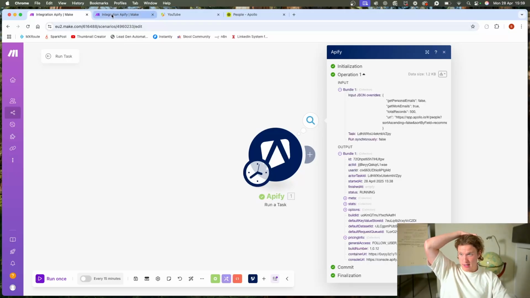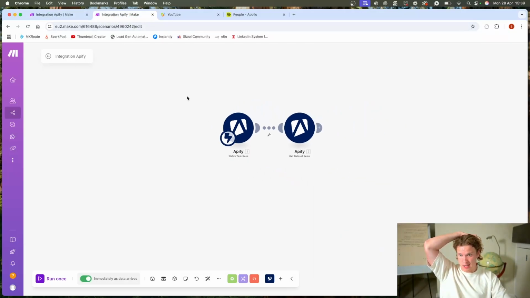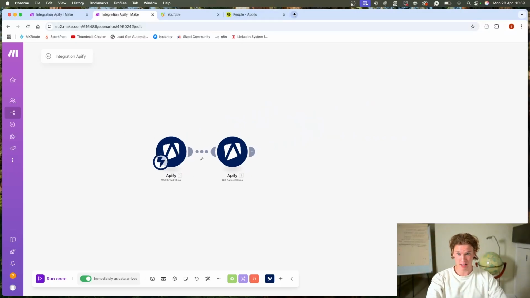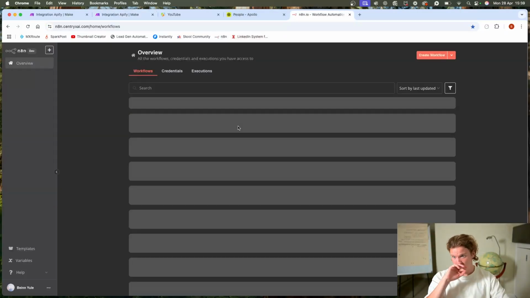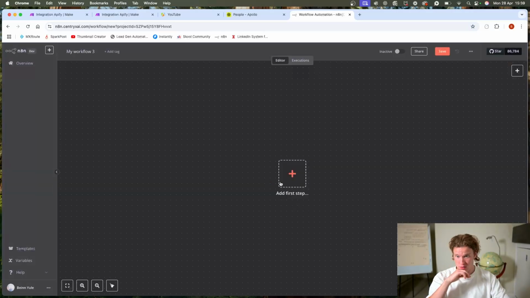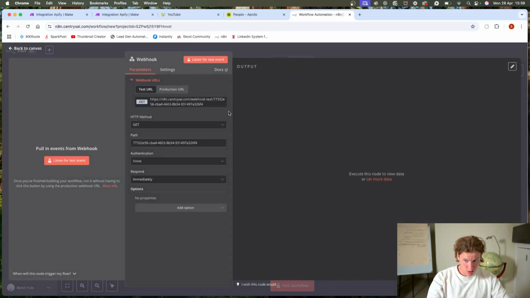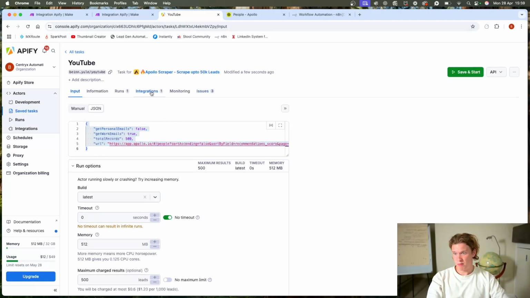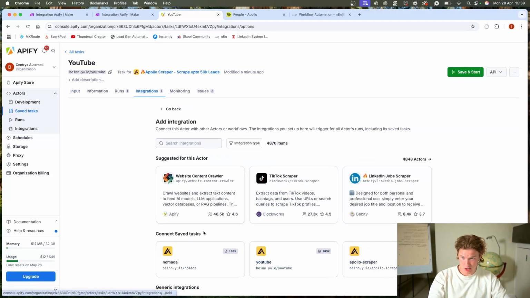Oh, do you know what? I should have actually built it in n8n as well and put the webhook and sent data to both. That would have been a fantastic idea. Let's see if we can do it really quickly. Create workflow, add first step, webhook, post, test, YouTube, integrations, add integration,